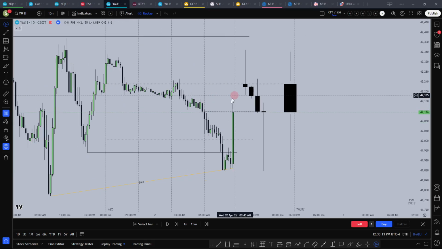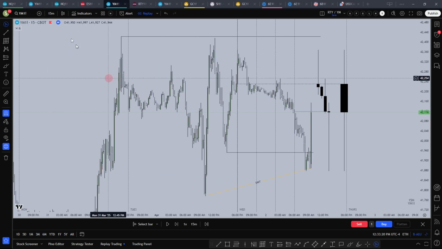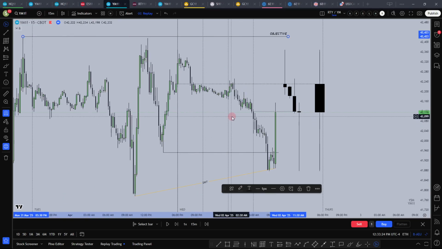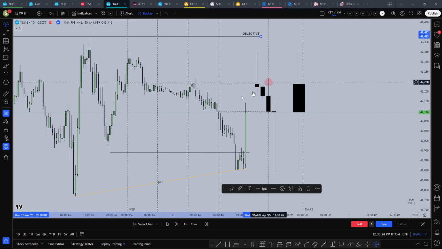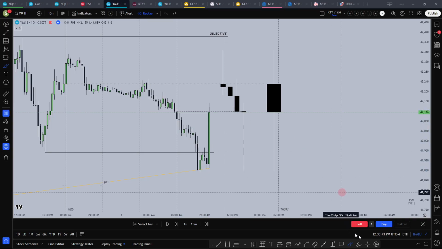So YM being the best asset to long, using 9:30 immediately displacing away in our direction as a means of framework to then frame till this objective. Not picking this as my objective until price shows me displacement aligned with high time frame profile. Daily open low, immediate displacement away after hitting key level. I don't know if this is the key level that is going to sponsor the move higher, but only after seeing the displacement away from it, then I can think.